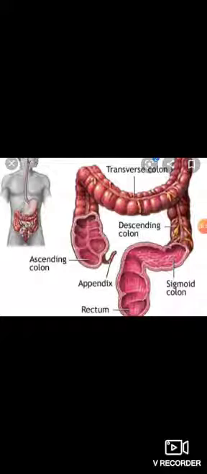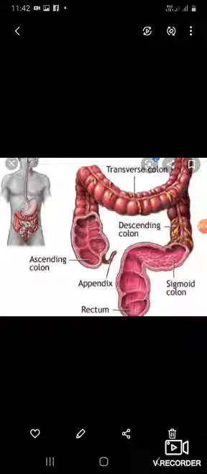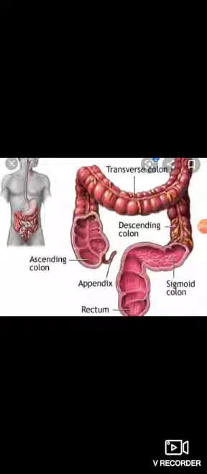Now we will see the clinical anatomy of the appendix. Inflammation of the appendix is known as appendicitis. In this condition, it is usually necessary to remove the appendix. The operation for removal of the appendix is called appendicectomy. Some anatomical facts relevant to the diagnosis and treatment of appendicitis are as follows. We will see.